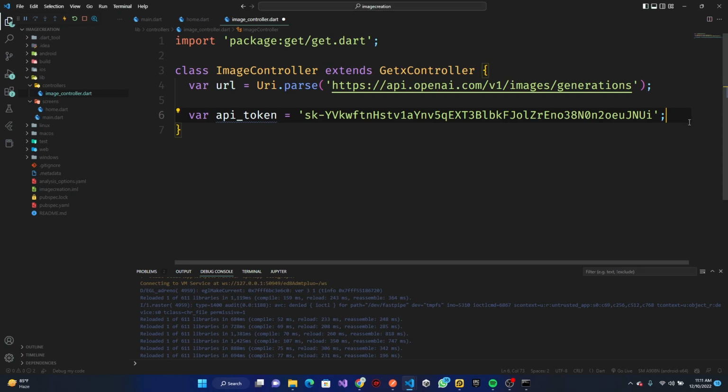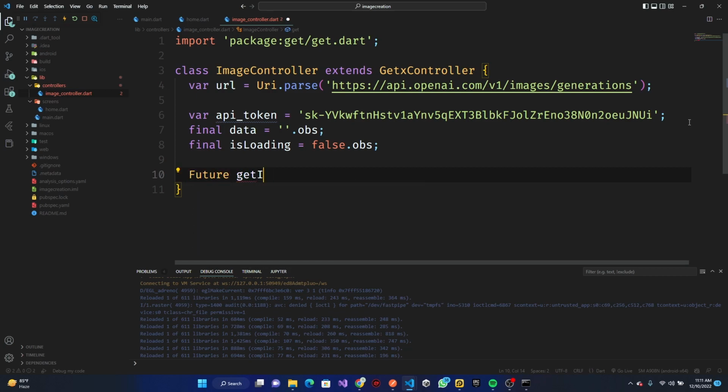Then we also need a final data, so like the data to pass to our screen, that is our image. We're going to make it a string that is observable. All right, then we're going to have final isLoading, so basically to know when we set our request, equals to false.obs. All right, so once that is done, we can now go ahead and create our function,